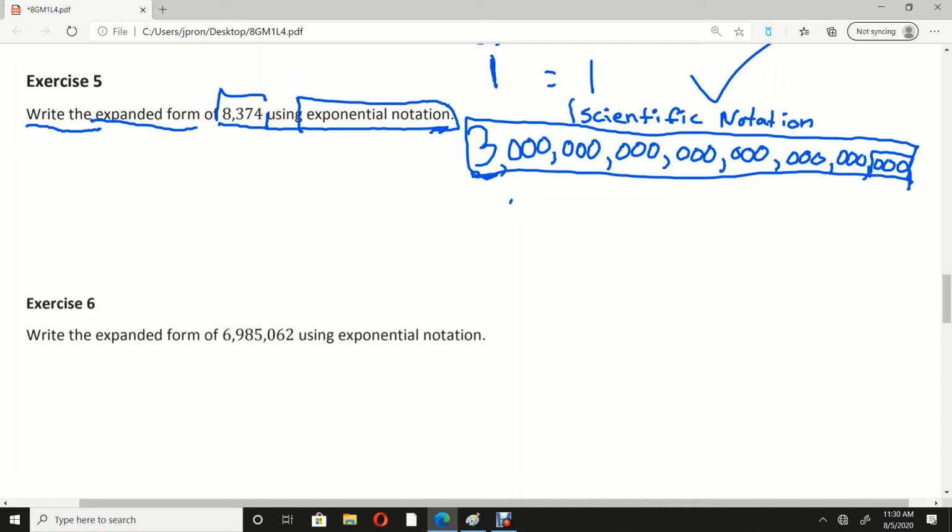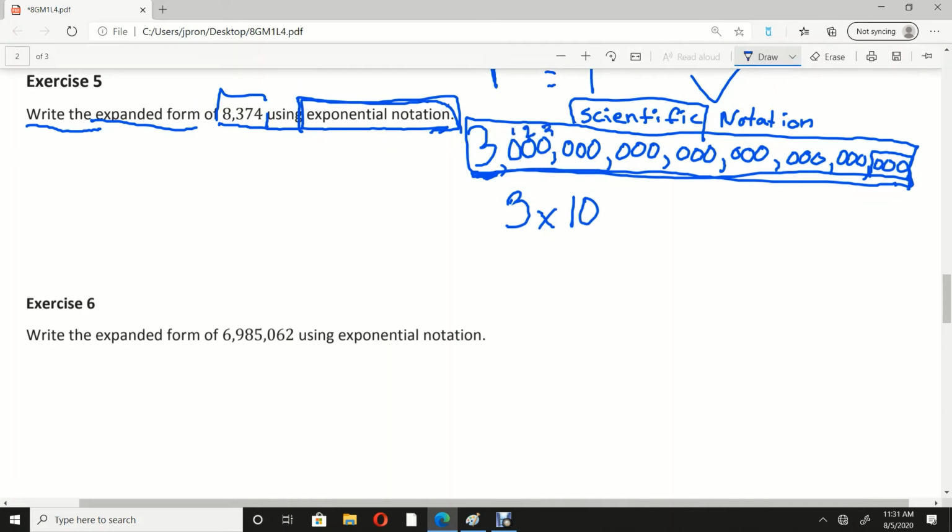Now, if you're a scientist, you don't have time to write this out all the way. That's a big number. Why would I want to write that number? So I would want to write this in scientific notation using exponential notation. The way I would write this is I would write it as 3 times 10 to the